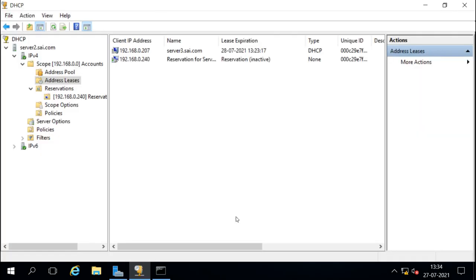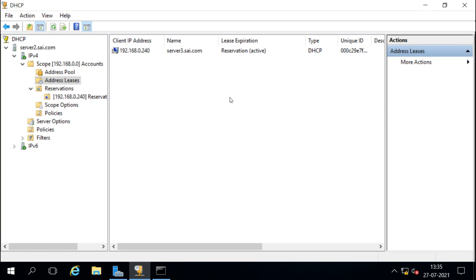When you refresh it, you can see now this IP is reserved and it is getting a reservation lease. Lease expiration is not there because it is a reservation. It is not going to expire.